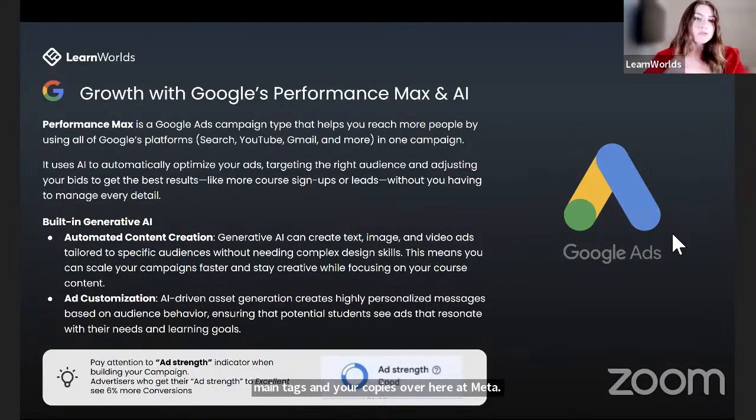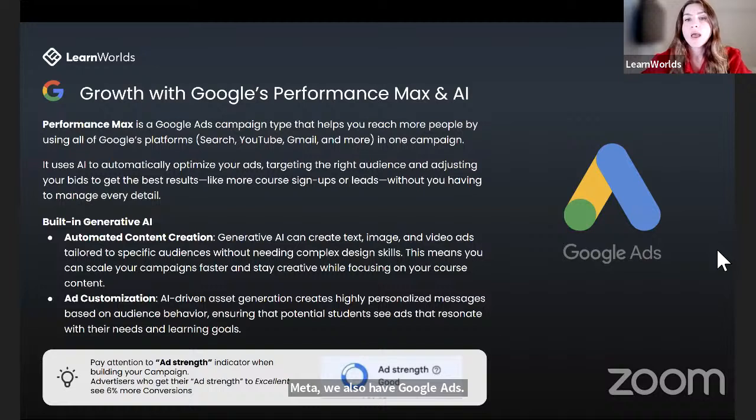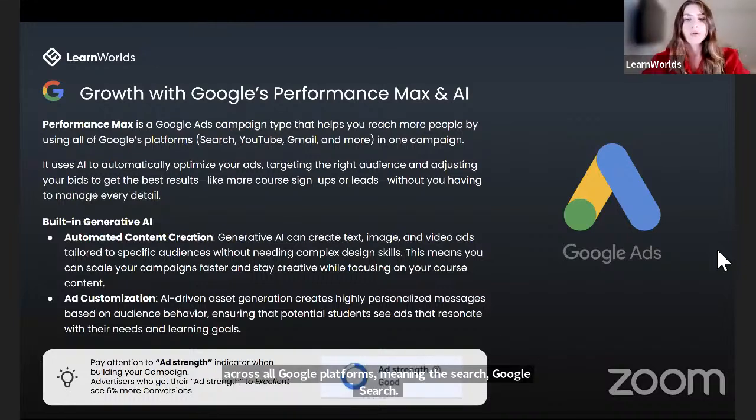Besides Meta, we also have Google Ads. Specifically for Google Ads, Konstantinos was the one who spoke and gave us great insights on how to use the Google Ads tool. This allows you to run campaigns across all Google platforms, meaning Google Search, Display, YouTube, Gmail, all in one campaign.